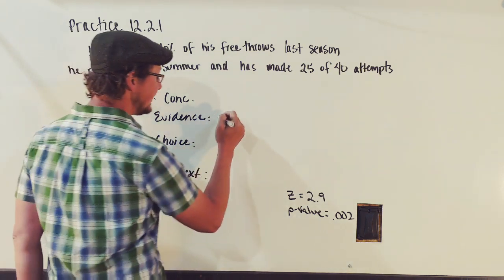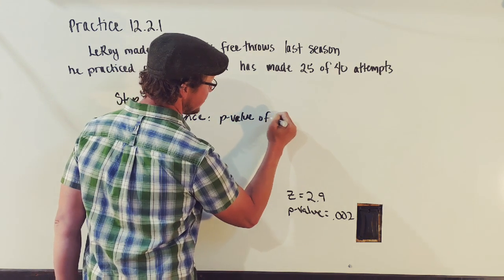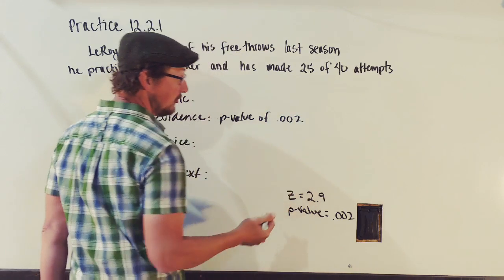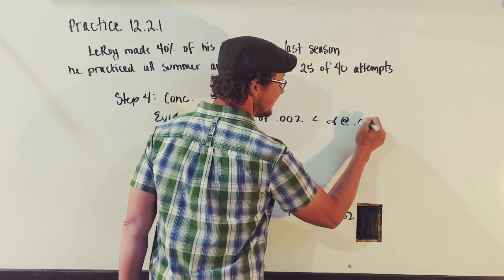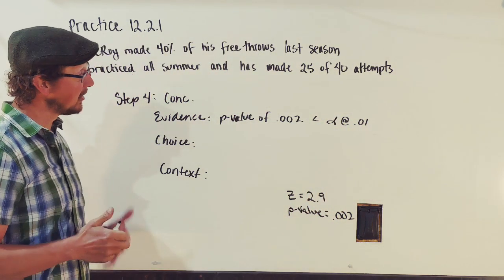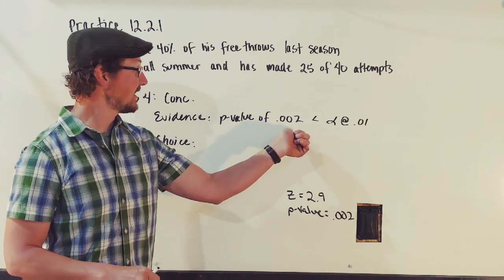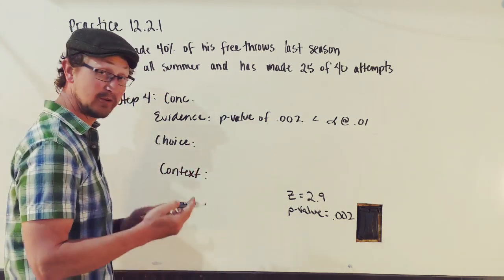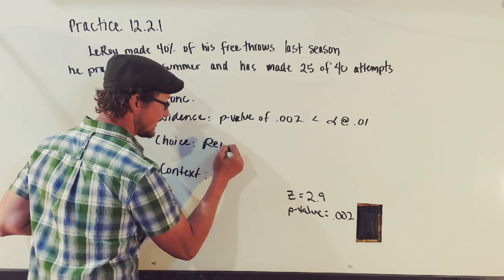So here's our evidence. Our p-value of 0.002 is indeed less than alpha at 0.01. Even though our alpha is super small, we have exceeded that threshold and have a p-value less than that, which means our choice is pretty much made for us. We reject